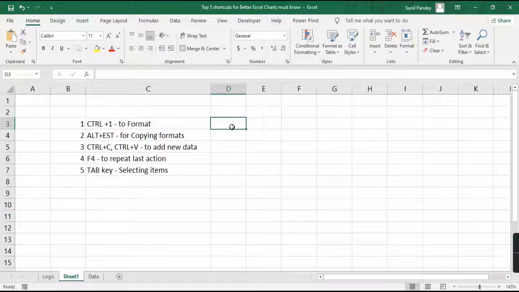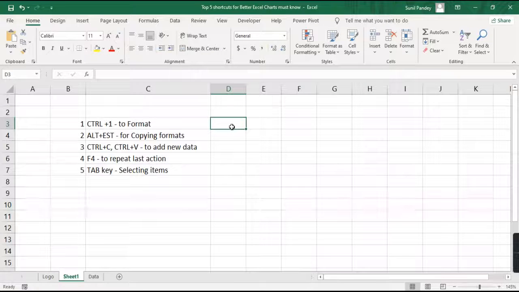So let's repeat all the 5 shortcuts. The first one is Ctrl+1 to format the chart, and the second one is Alt plus E S T for copying the format. Means you can copy the format from one chart to another chart, and for adding new data, Ctrl+C and Ctrl+V.